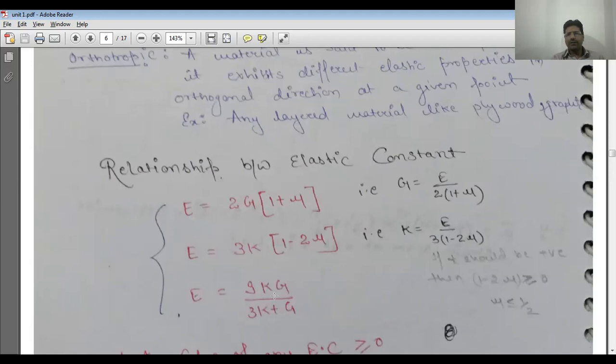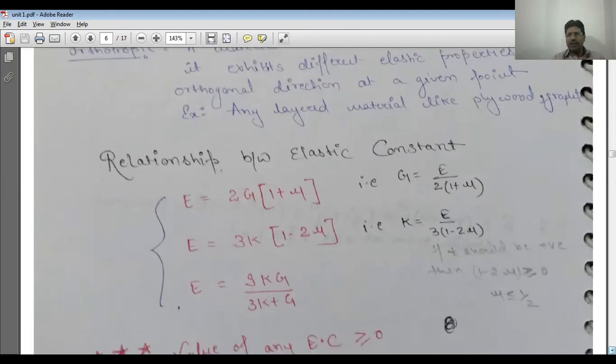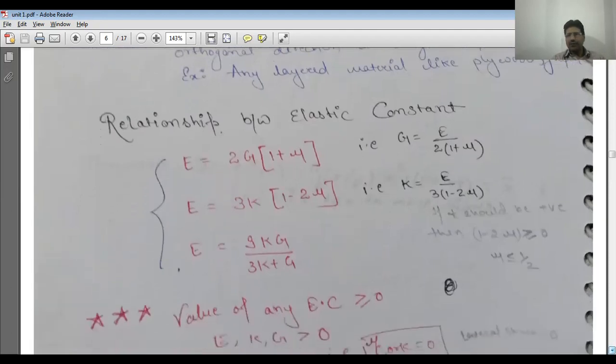For the sake of introduction, we must know what the modulus of elasticity, modulus of rigidity, and bulk modulus are, and also Poisson's ratio. There will be a separate table given at the time of examinations, with different values of these E, G, K, mu, etc. These will be given while the question is given to you.